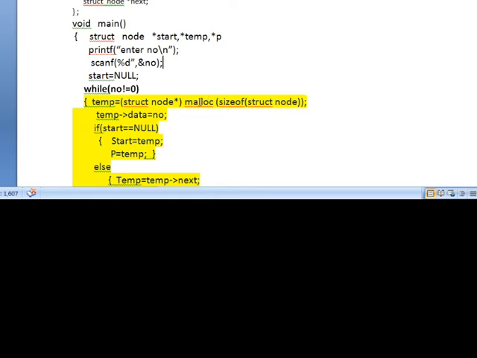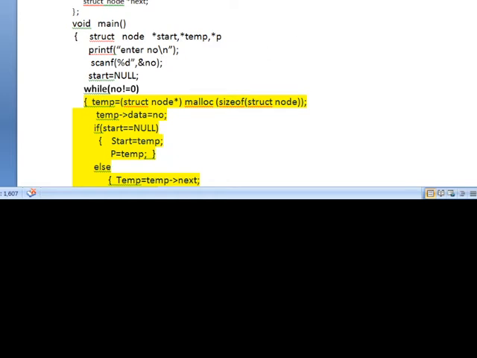To create a node, we are using the malloc function, malloc size of structure node. This malloc function creates memory for your node declared in the structure part. In this particular structure, data is an integer, 2 bytes for the data, and the pointer reference stores the address of the next node. Any pointer is 2 bytes to store the address. In total, 4 bytes has to be allocated for this malloc function, and this node name I have given as temporary. So with the help of malloc, a node is created, and the node address has to be assigned to the temporary.